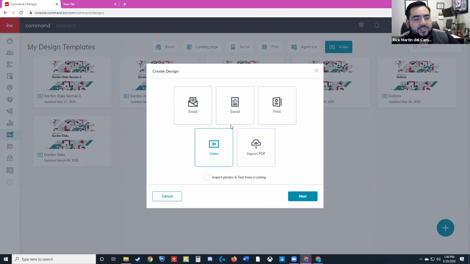So as I mentioned, we'll be focusing on social and print. It's important to choose the correct one. The reason is that the difference between social and print is not only the dimensions of the graphics, but also the resolution. So what I like to advise is, anything that's going to be displayed on the web, whether on social media or a website, or anything that's going to be viewed on a screen, even a mobile screen, whether it's a monitor or a phone, go with the social option, because the resolution is optimized for a screen.